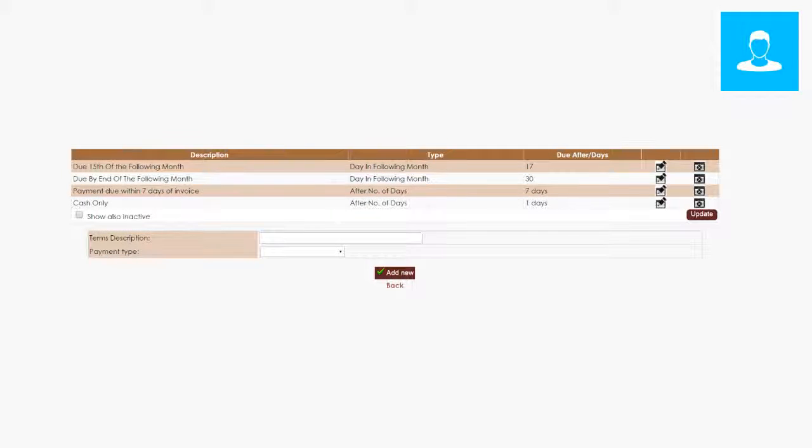You'll see a few default payment terms already registered. You can edit or delete any of these by using the Edit and Delete icons found on the right. To register a new payment term, enter a name for the payment term. Select the nature of the payment term, for example, a prepayment if the invoice will be paid by an advance